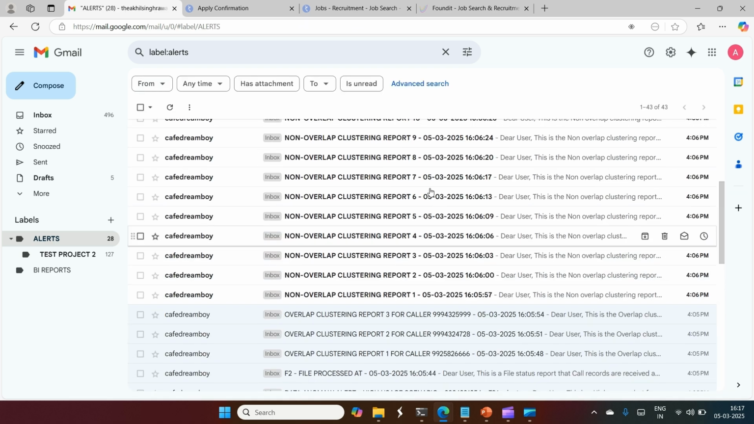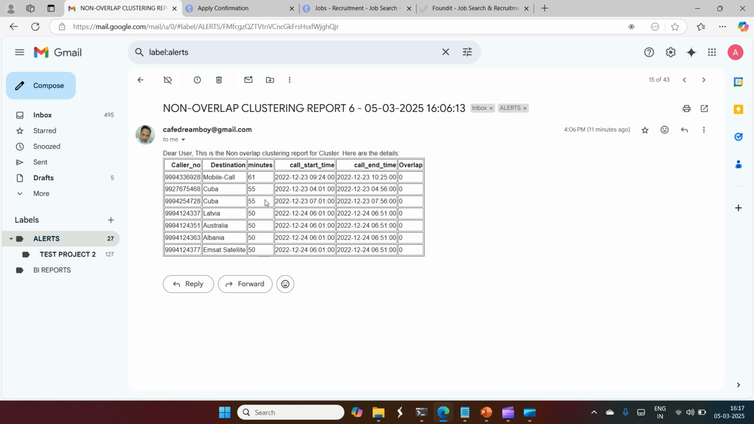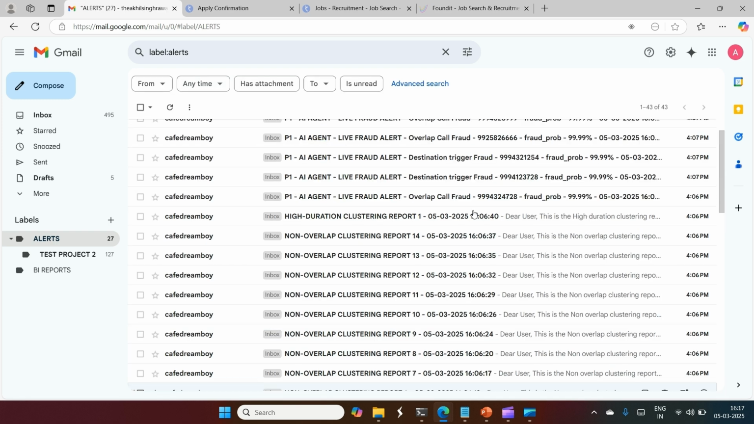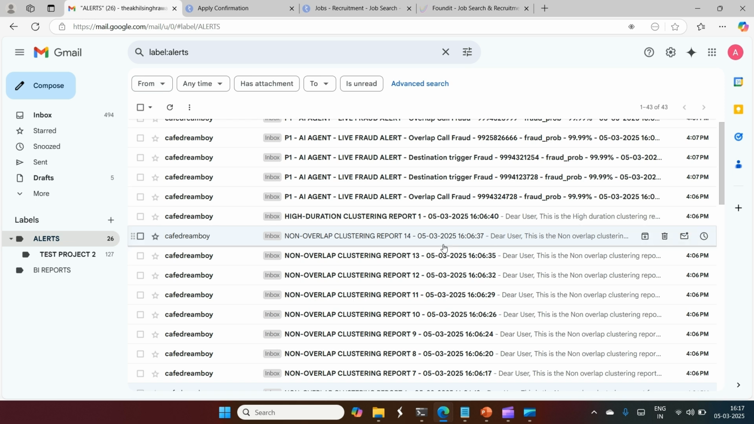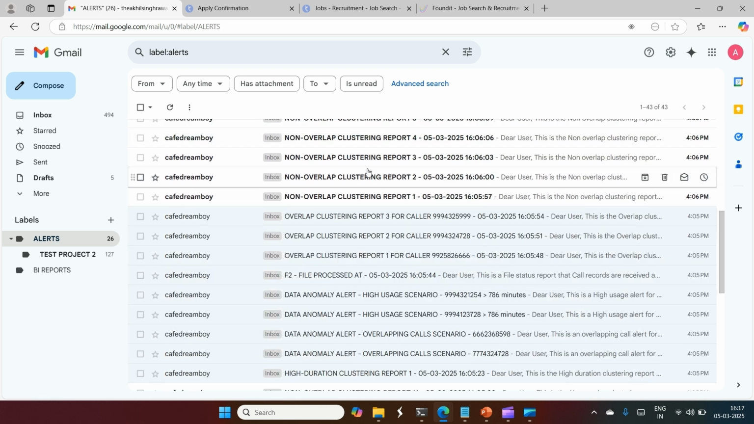Okay. Similarly, non-overlapping calls, I have already shown you, will be grouped according to minutes, and we will customize it as per our business requirement. So another non-overlap call: similar minutes clubbed in under non-overlap, because they don't have overlap calls. High duration. So see, another alarm. A human analyst now knows that file 2 has been processed, and again